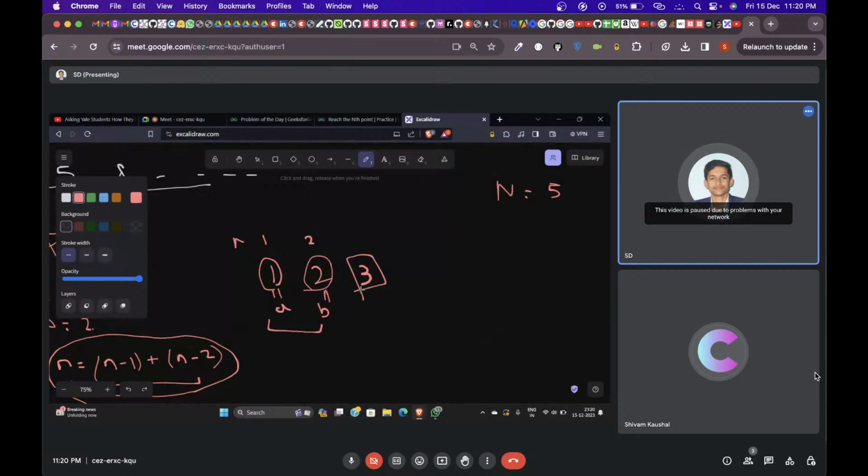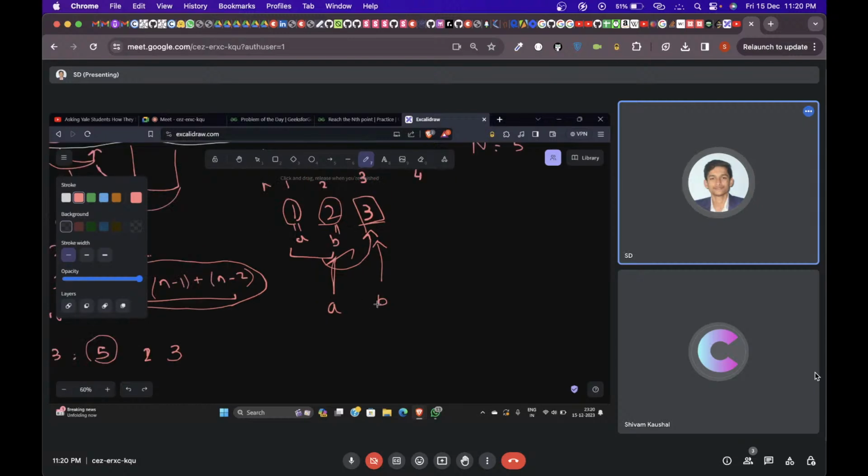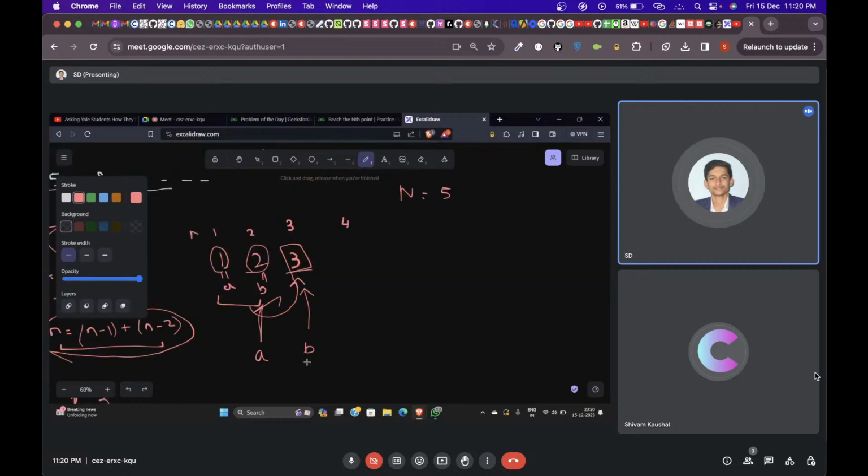For 3 the sum would be A plus B. Now when we move on to n equal to 4, this 2 will become our A and this 3 will become our B. So for 4 we take the sum of A and B. A is 2 and B is 3, so the sum